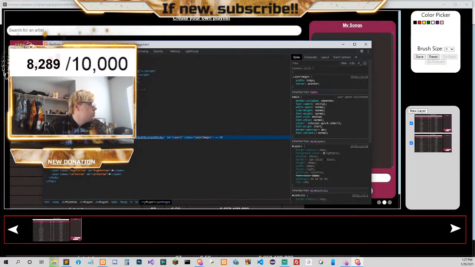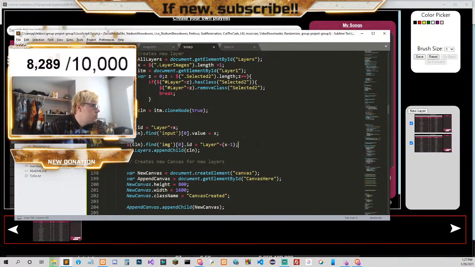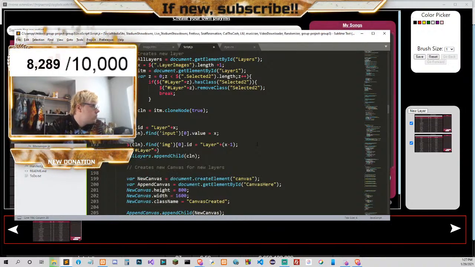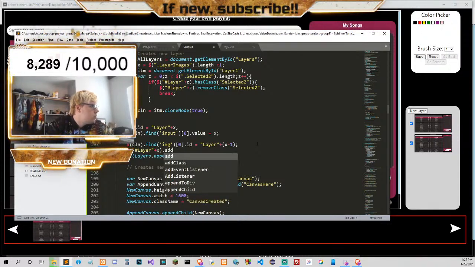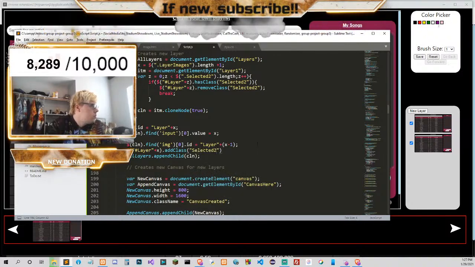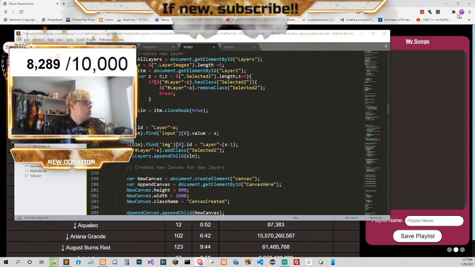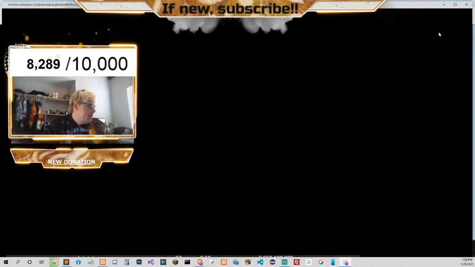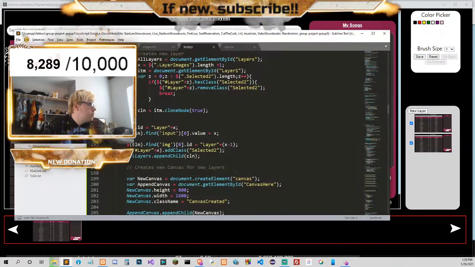No. Since we add the ID, we could just do this. Maybe that will work. It doesn't work. How come?